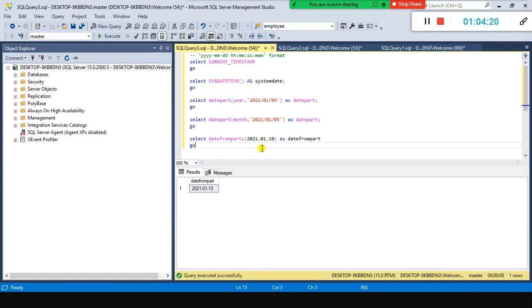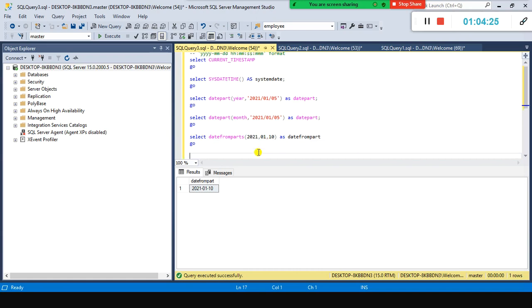And also if you want to find out the difference between two dates, we have something called the date diff function. Even in Power BI, the date diff function is available, to find out the date diff as part of a DAX expression. So for example, I want to find out the difference between the year. Okay, two dates. So let's say I have 2021, 1, okay, sorry, not 2021, right? Yeah, correct. So let's say 10, comma, let's say 2022.